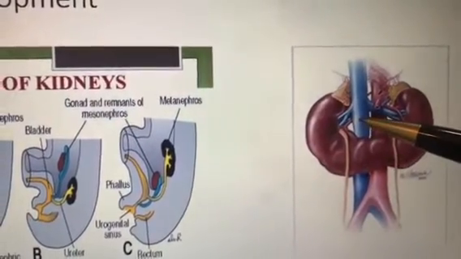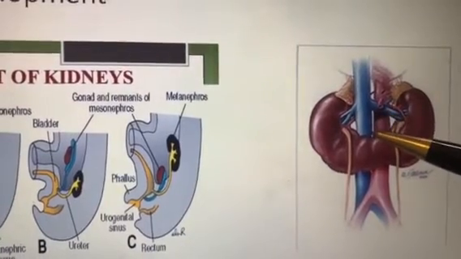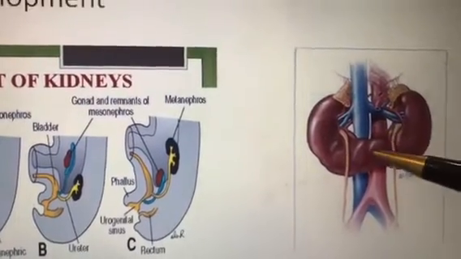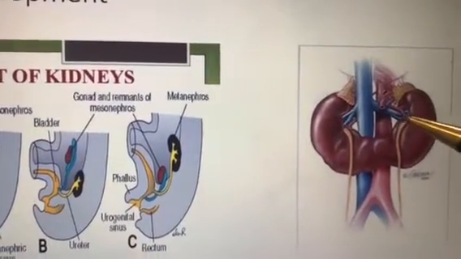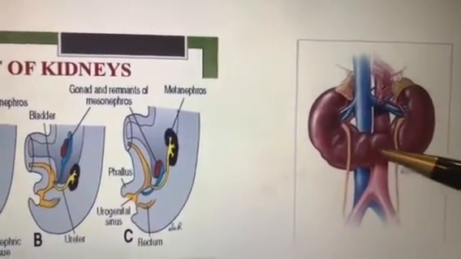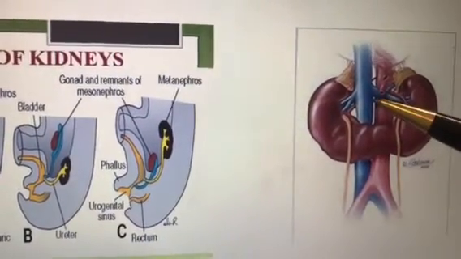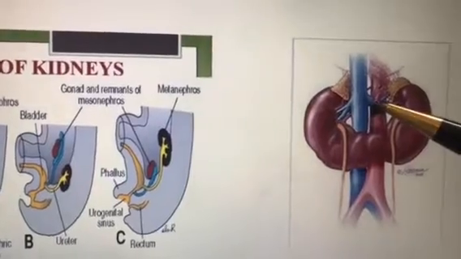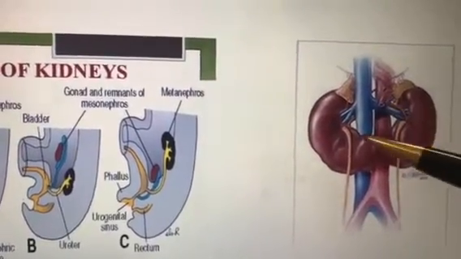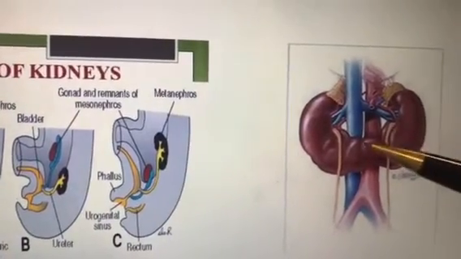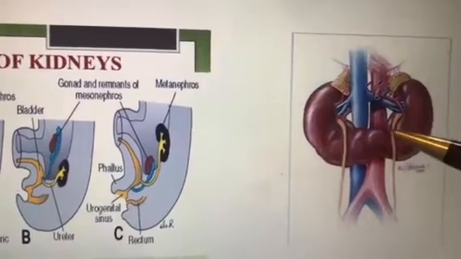When they ascend, at the level of L3, your inferior mesenteric artery emerges out from the ventral part of the aorta. So it got stuck in that. So this area, usually the heart-shaped kidney, this is the lower pole of the kidney. If it is fused while ascending, it stops at the level of the L3 vertebral level because of the hindrance by the inferior mesenteric artery. So this is called horseshoe shaped. This is the MCQ. That's why I am stressing about that. At the level of the L3 only, the horseshoe kidney stops.